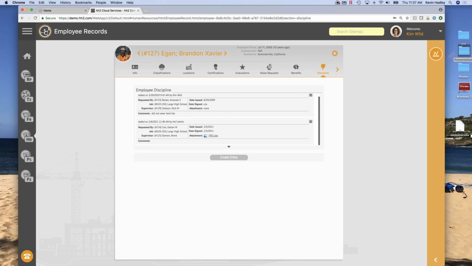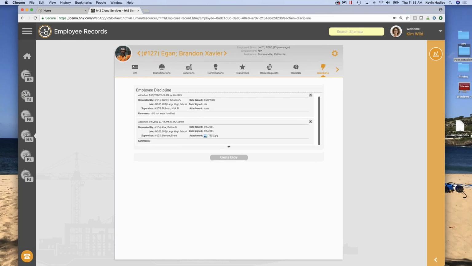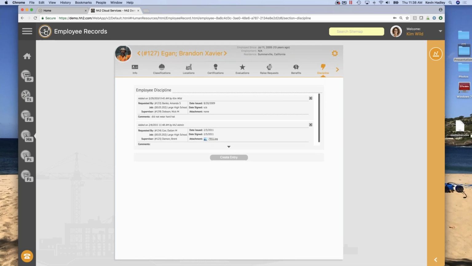Anyway, not sure why that's showing it's updated. It's probably because I clicked on that and it was updated because I had looked in on that. So you can specify when they're issued. Not really used a lot within our system, but it's available. It's a nice place to at least keep track. If I've got to get rid of an employee, I may want to go to the discipline section just for backup. You can upload attachments. Some companies will have their own unique forms that they fill out, so you can use your own form and upload a copy of that attachment so it becomes part of Brandon's record.